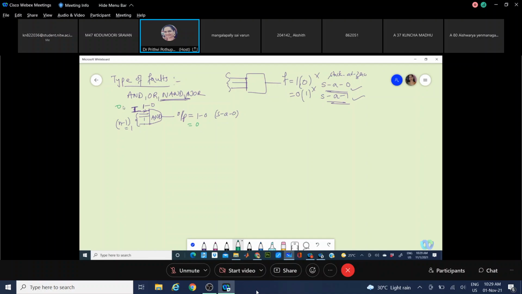If there is a fault, it won't be 0, it will be 1, which means it is stuck at 1. This is faulty, a stuck at 1 fault. So to find a fault on a specific line, the value we tie is the opposite value of the fault that we are testing.